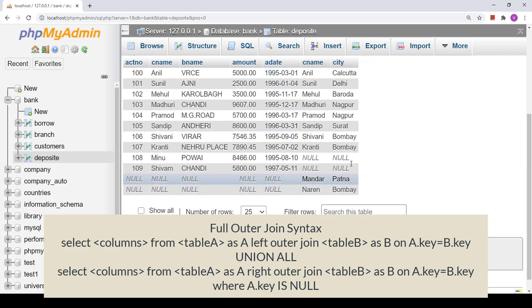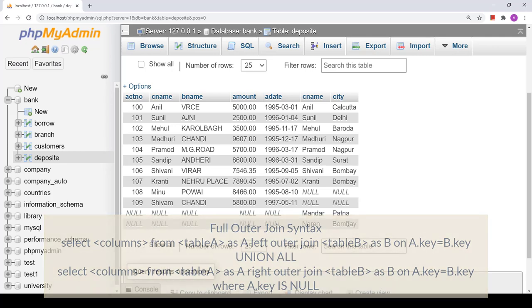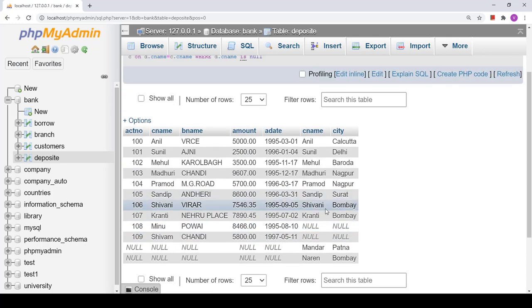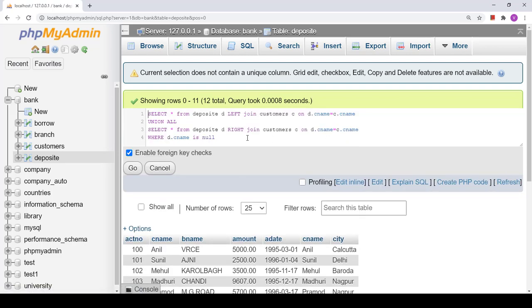Fine. So here you can see this is the result of full outer join: the common data from both the tables, and the data which is not common in both the tables. So this way we can have full outer join in case of MySQL. Fine, now let us move further to have the demonstration